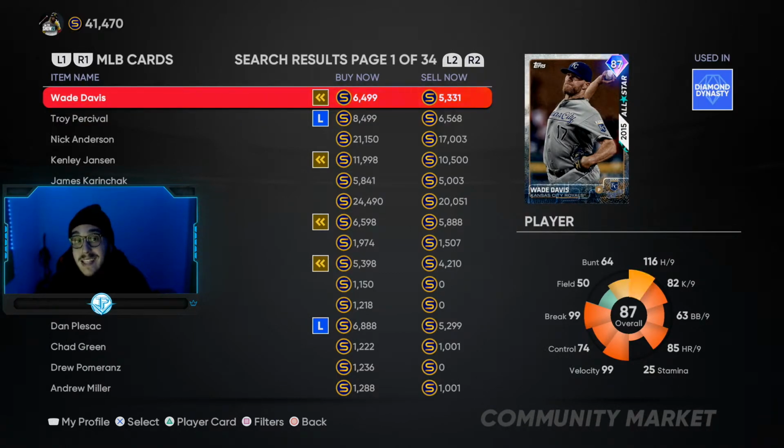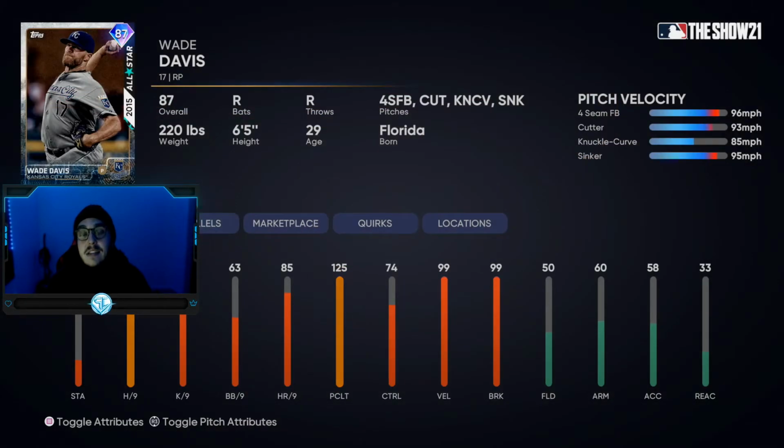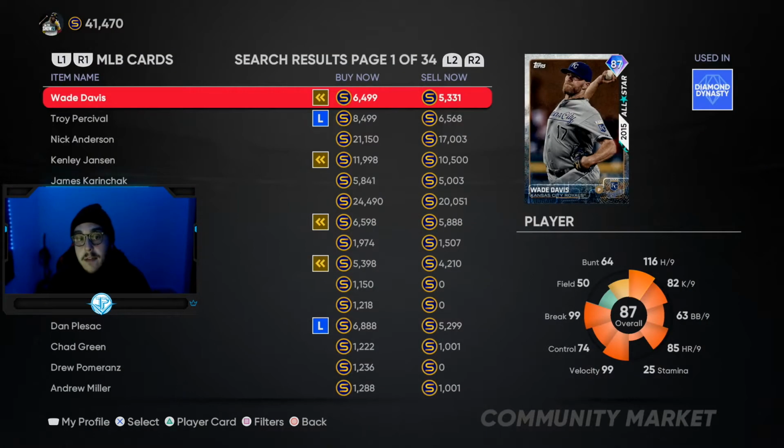He's got 116 hit per nine, and he has the glitchier pitches. He has the cutter sinker mix that you look for, as well as a 96 mile per hour fastball. This Wade Davis is a budget card to go into your bullpen if you're looking for a good bullpen piece. If you have nothing but silvers, nothing but bronzes, or some golds, maybe even a couple diamonds, but you're looking to fill out your bullpen for almost 5,300 stubs, it's hard to beat what this Wade